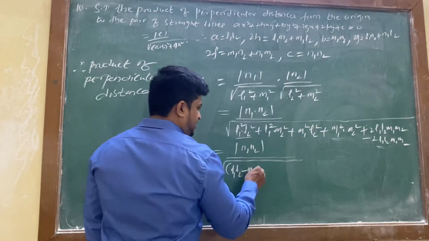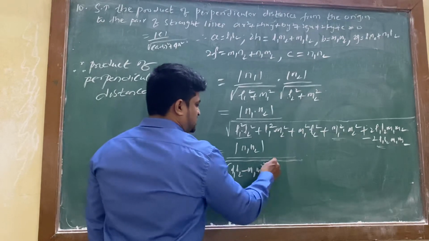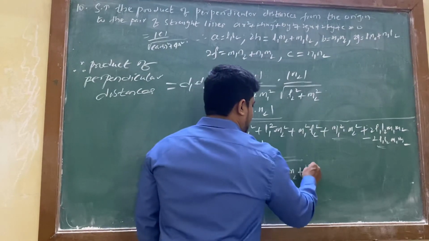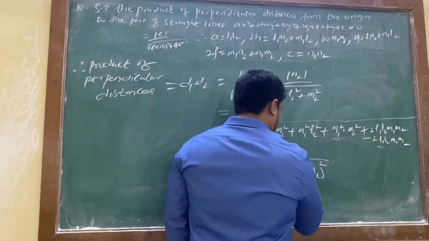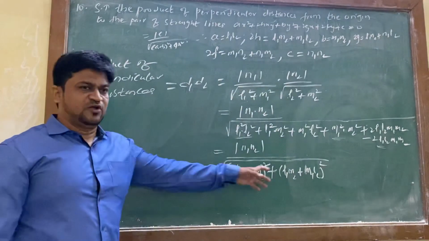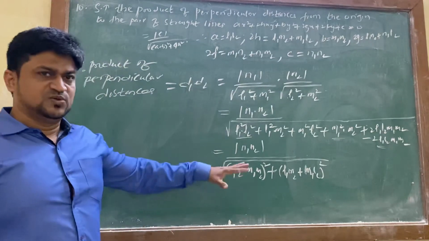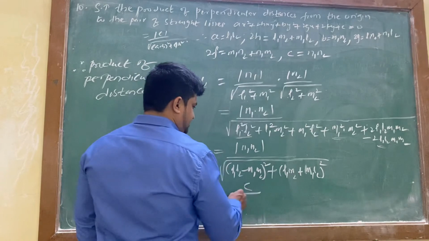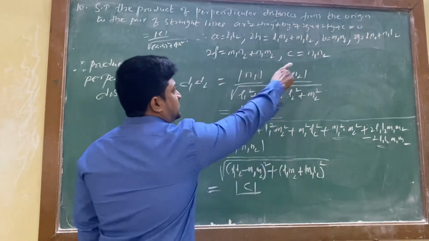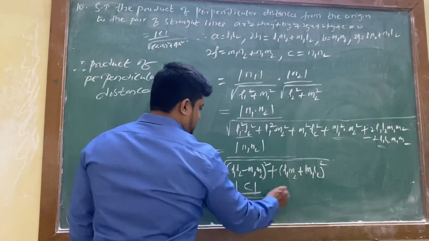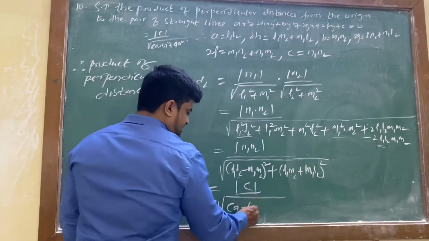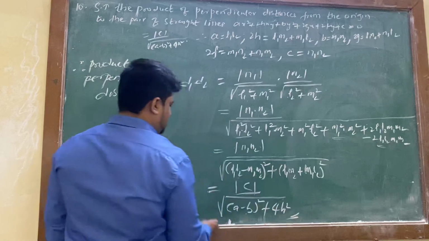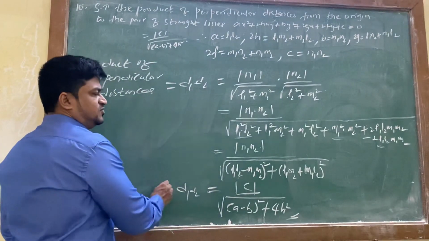A minus b whole square plus what I said, you will remember, L1 N2 plus M1 N2 whole square, second bit. These two terms only you will always get. This is the third time we are using the same thing here. Now this will be C. N1 N2 is the C value. Root over this one is a minus b whole square, plus 2h whole square, that is 4h square. So this is the theorem which you need to remember.